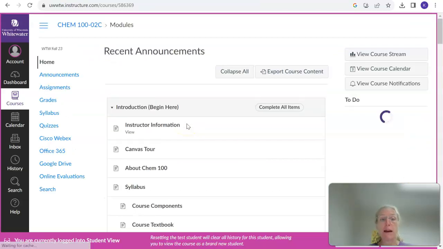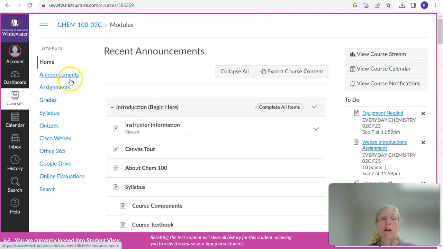Now, if you ever want to get back to home, you can click on home. I will be posting announcements of reminders and things to do each week, so keep an eye out for those announcements. Another really good way to stay on top of things is this to-do. The to-do shows you the upcoming assignments and things that are going to be required at particular due dates, and so you can click on those to get directly to the to-do, or you can work through them chronologically